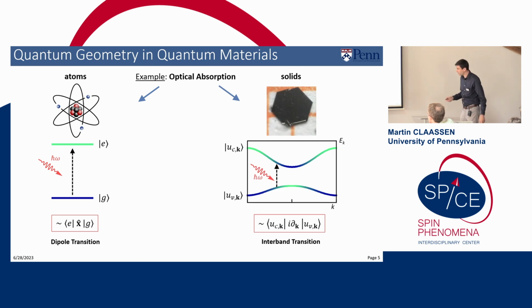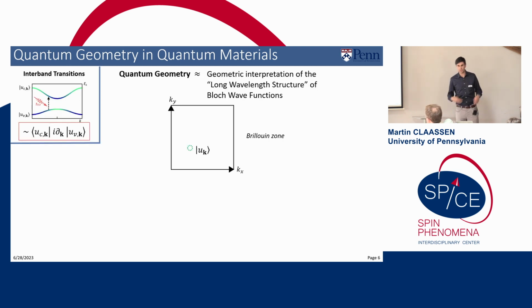And now in a crystal, I can do something very similar. Let me just draw two bands, and I'm color shading maybe an atomic orbital character of that band. My transition matrix element between these two bands will now be an interband transition in terms of the Bloch states of the band with a derivative of the Bloch momentum, which is really just the Fourier transform of a position operator in real space. So this already tells us that something interesting will happen from the momentum space structure of a Bloch wave function. And that's really the gist of thinking about quantum geometric reinterpretations of optical responses in solids, which has garnered a lot of attention in the context of free electron responses.